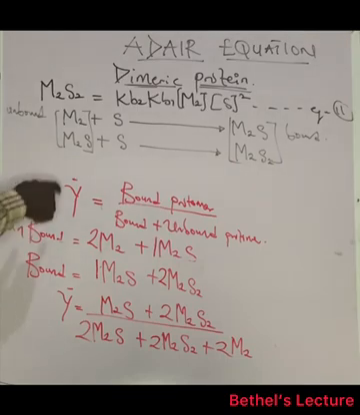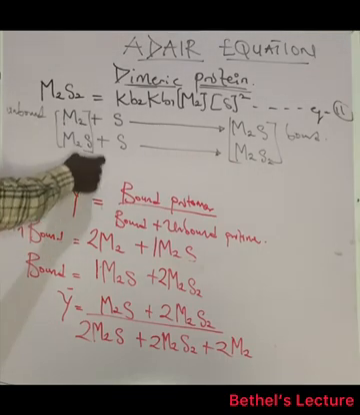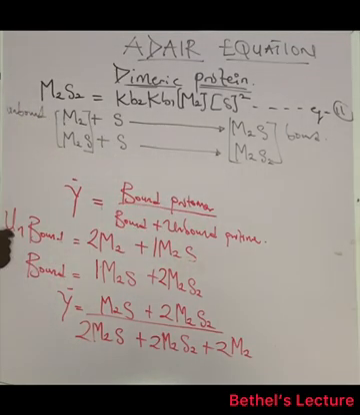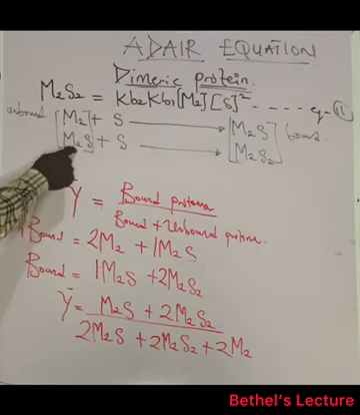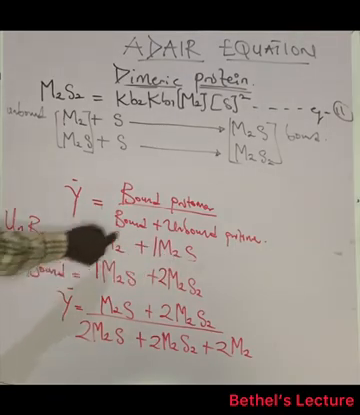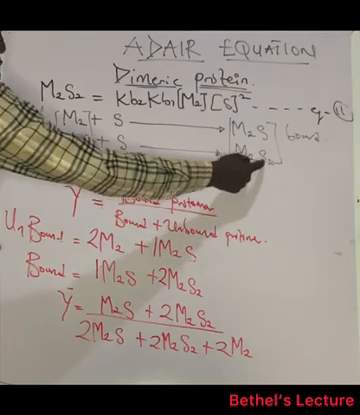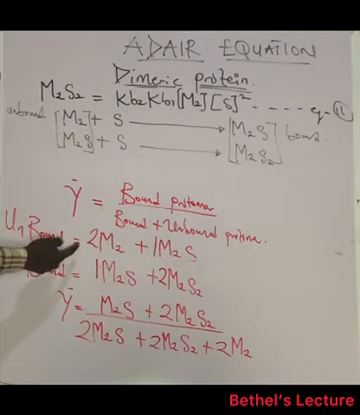Then I said, look at this equation here. This side represents our unbound, while this side represents our bound. So I take it out. The unbound is M2 plus M2S. Okay? While our bound was what? M2S plus M2S2 plus M2S2. Alright. Now these 2,